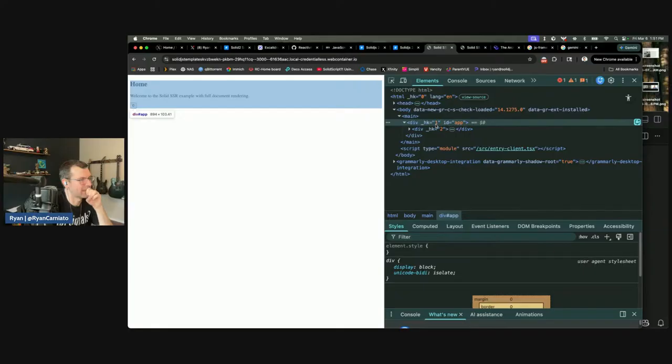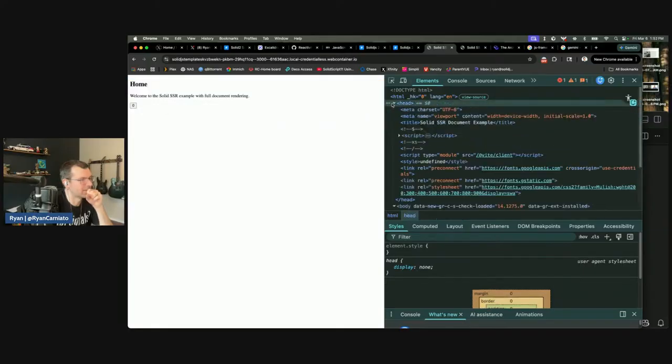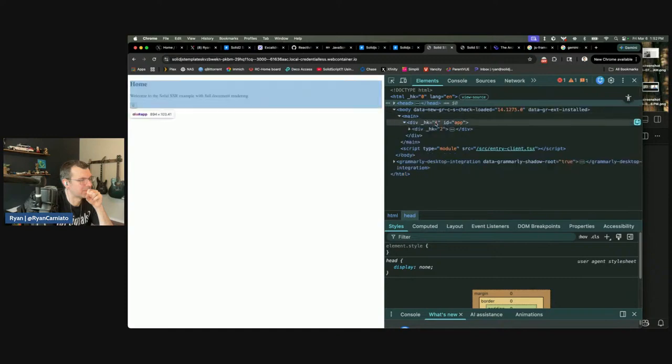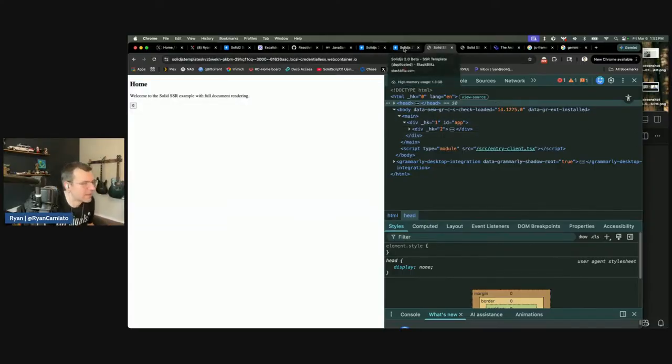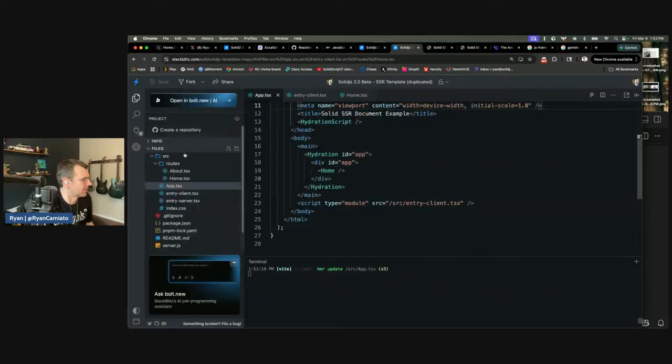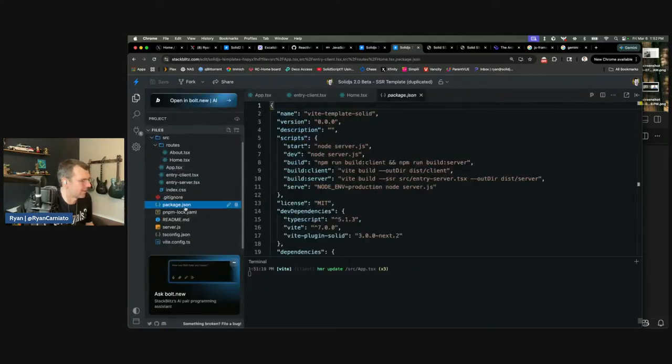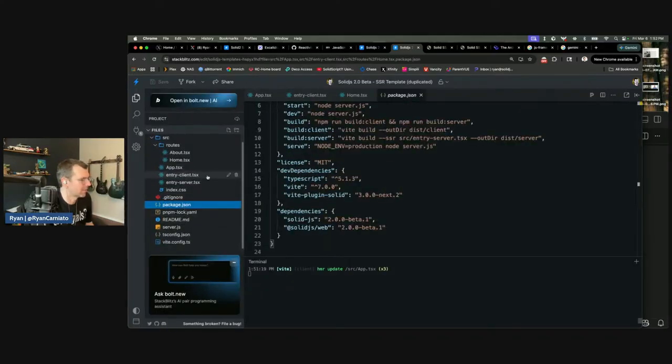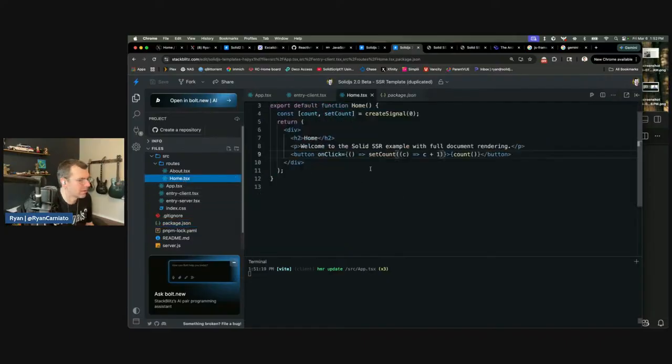Data HK should be app 1 and it's not. It's just not actually working. How does stuff like this ever pass tests? Beats me. Let me make sure that I have the latest version of Solid, just to sanity check that it's not because I'm on beta 0. No, I am on beta 1. What? Well, that's also unfortunate,